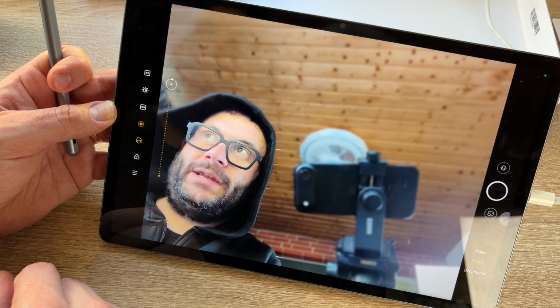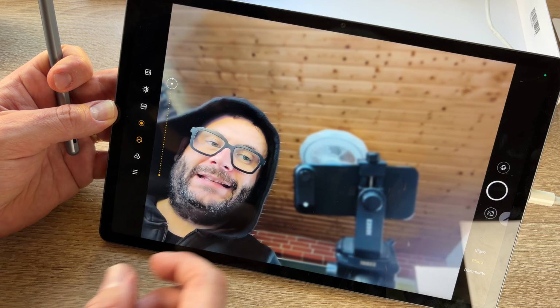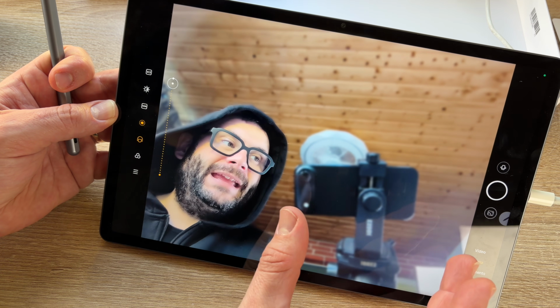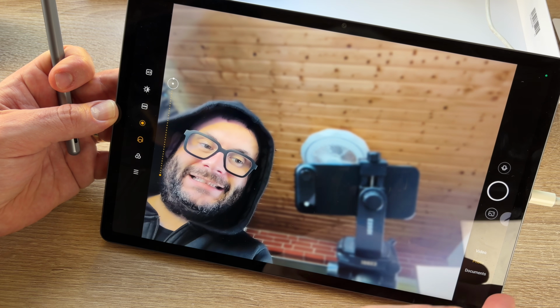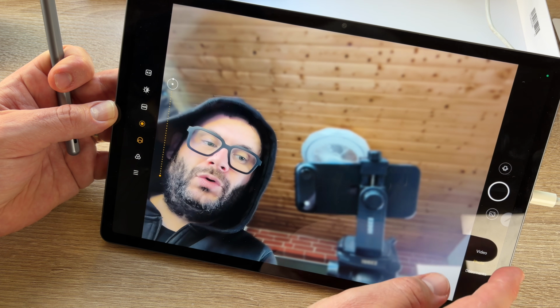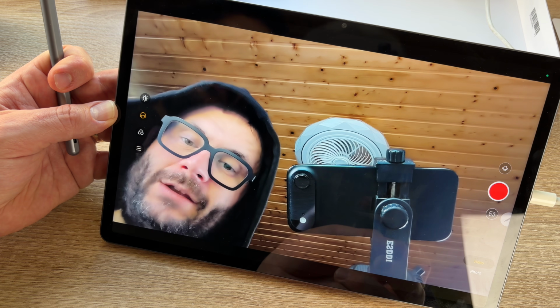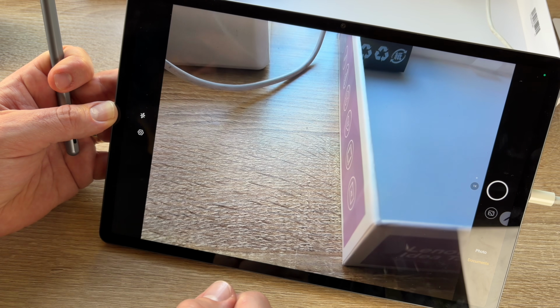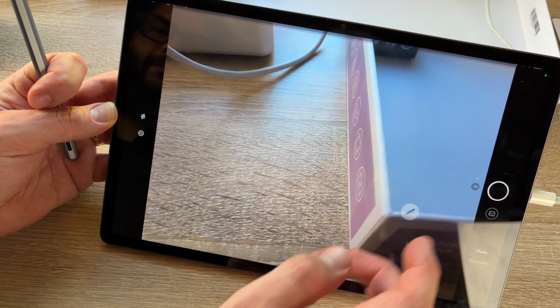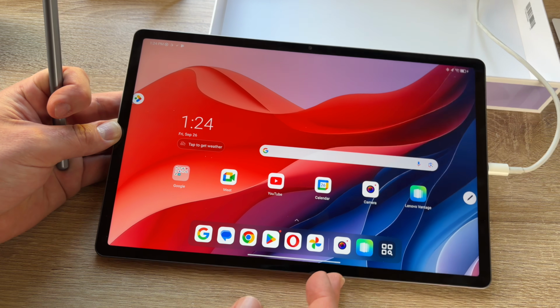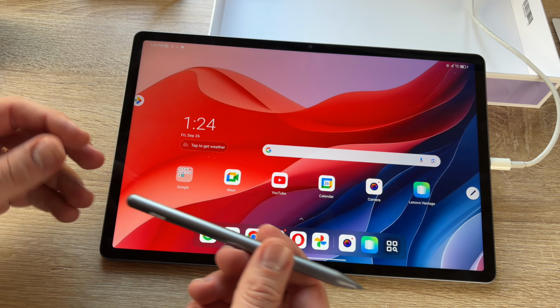We can make a bokeh effect, so the face is only in the center and the rest is sharpened, and so on. And of course we can record video, and the same photo stuff, and document is only possible on the main camera. Really cool and easy how you can navigate and use this tablet, of course.